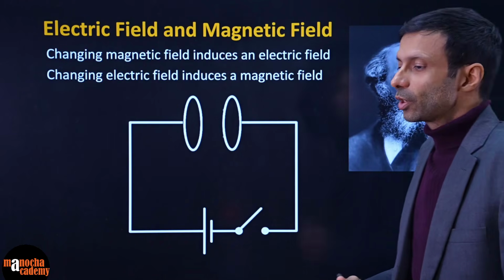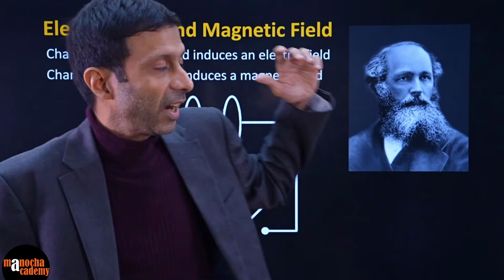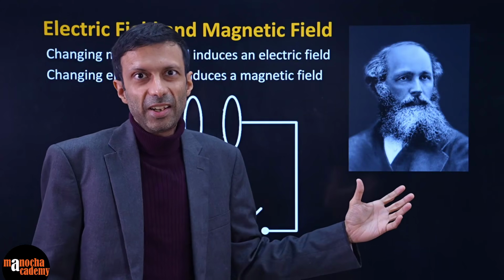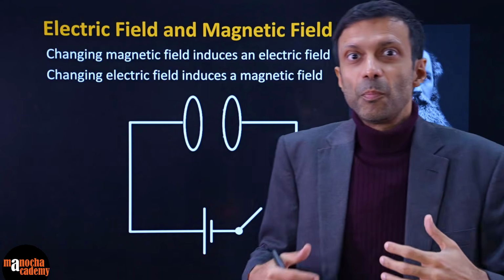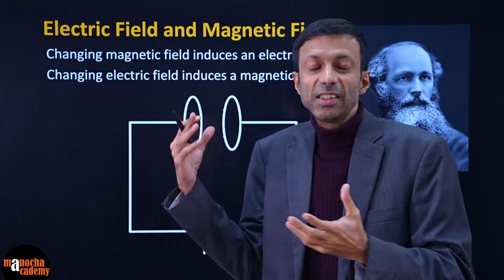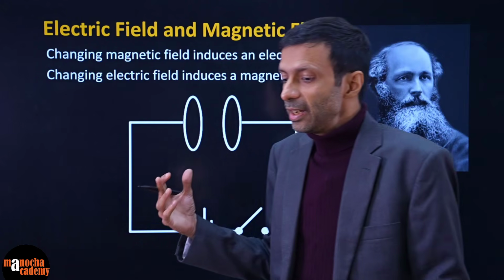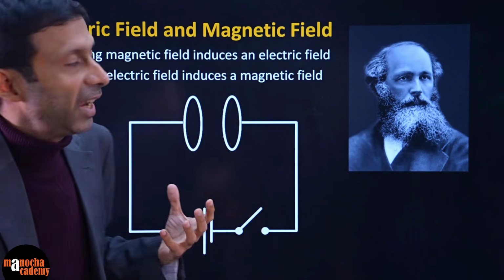So remember, as we talked about in the last class, this great scientist, do you recognize him? He is James Clerk Maxwell, right? And he is the one who predicted, and had all his theories on, electromagnetic waves. He had predicted the electromagnetic waves. So what is the key thing that he said?